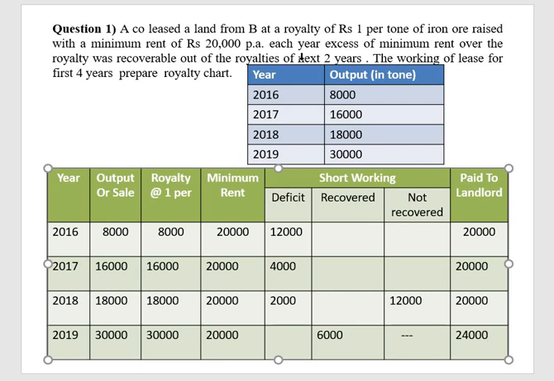First, in this problem they have given the next 2 years. Next 2 years means what? If you have any loss in 2016, to recover it, 17 and 18 are the next 2 years. In those 2 years you have to recover the loss. This is the target range. 17, 18 are the next 2 years of 2016. So 2017 and 18 are the next 2 years to recover the 12,000.